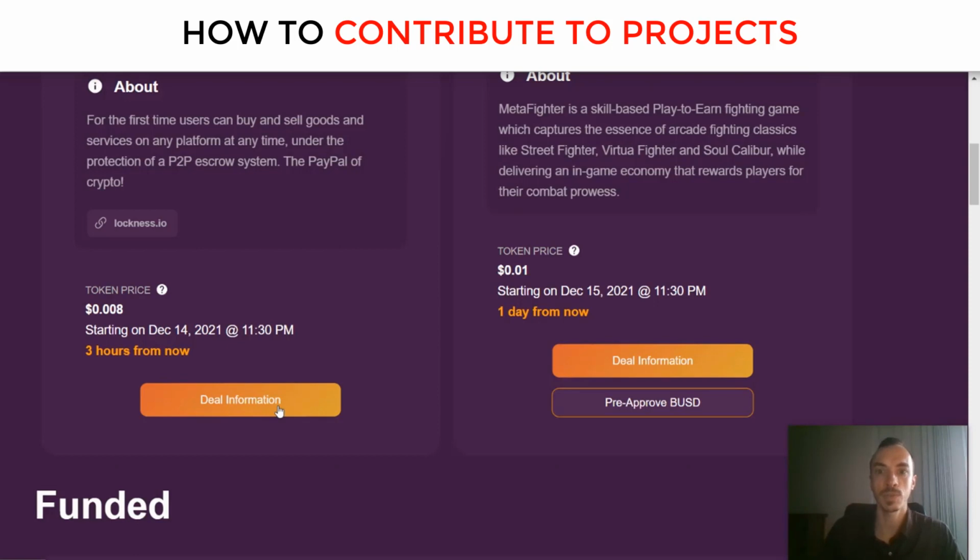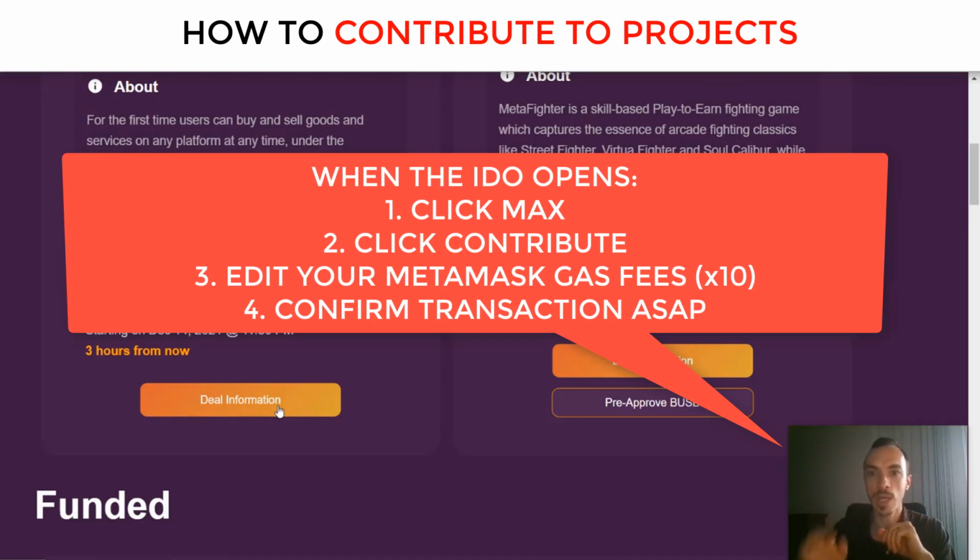and contribute. Then you will have your MetaMask window that will pop up in front of you, and here you click on edit the gas. You multiply by, I usually just add a 0. This way I multiply the gas by 10. It's still pretty cheap, and it allows you to go crazy fast for your transaction and to make sure that